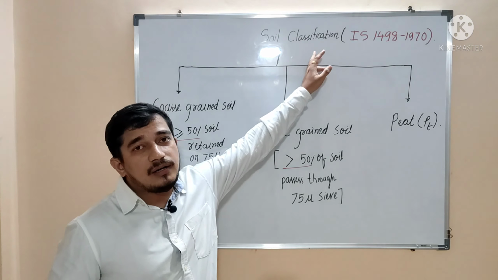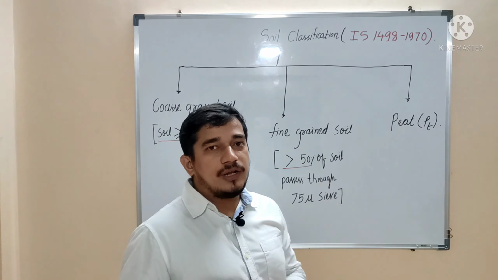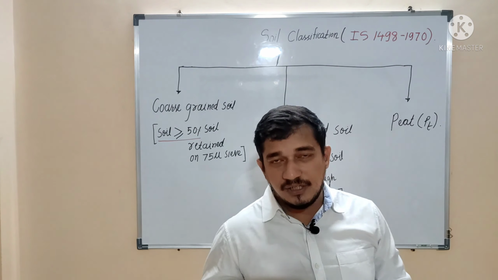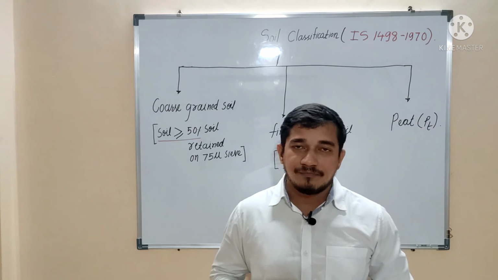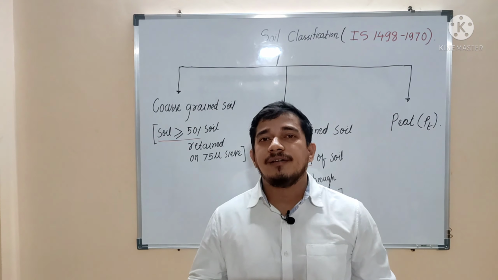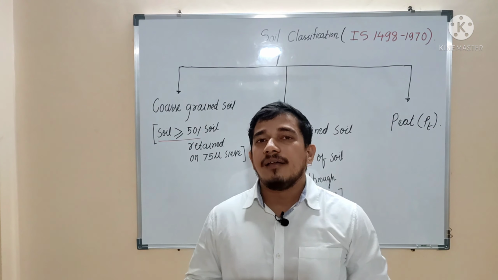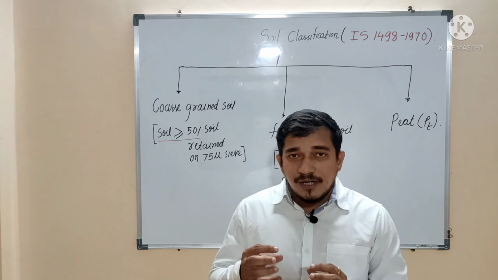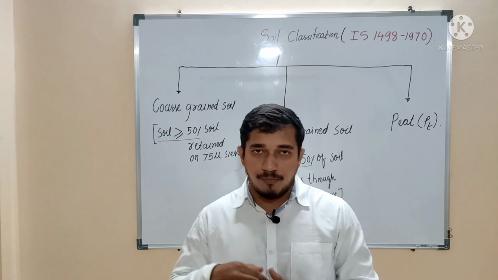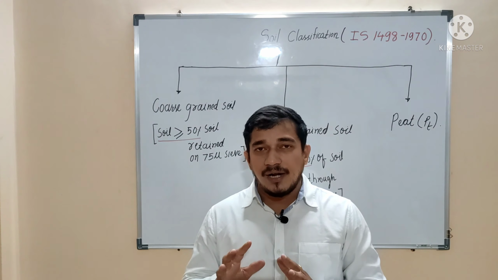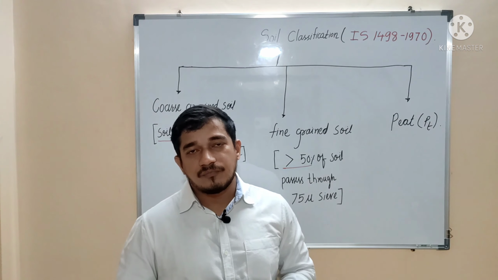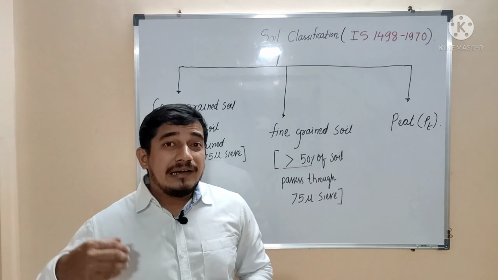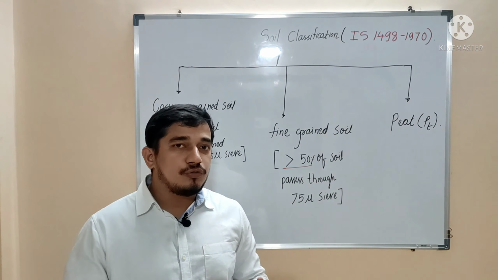The next part is soil classification. As we started geotechnical engineering, we studied the basic definitions and the relationships. After that, we studied the plasticity characteristics of soil, that is, the index properties of fine grained soil, the Atterberg limits and consistency. These index properties are indicative of engineering properties. Then we studied the particle size distribution curve and relative density. These are the index properties of a coarse grained soil. The index properties are indicative of engineering properties, as is known to us.